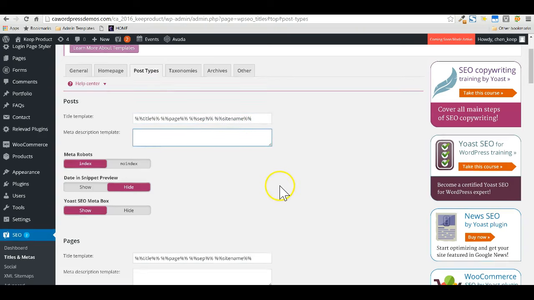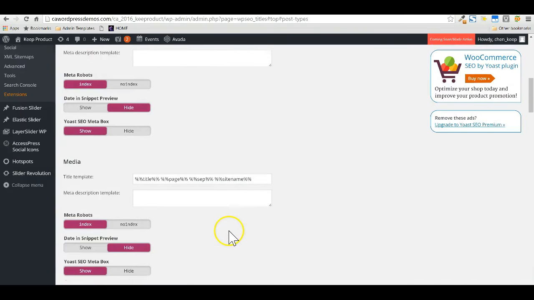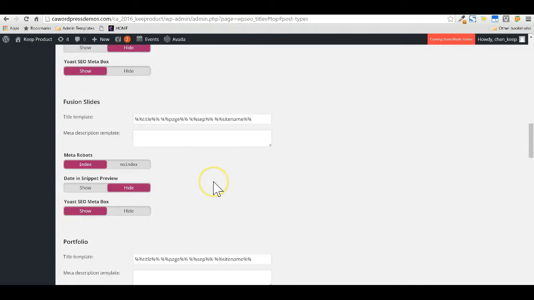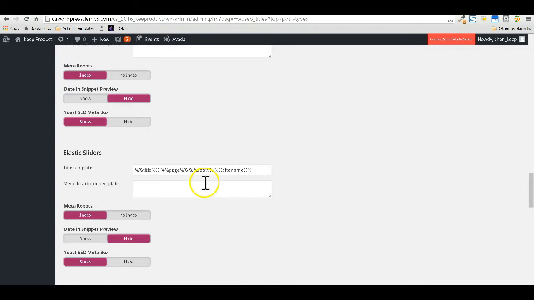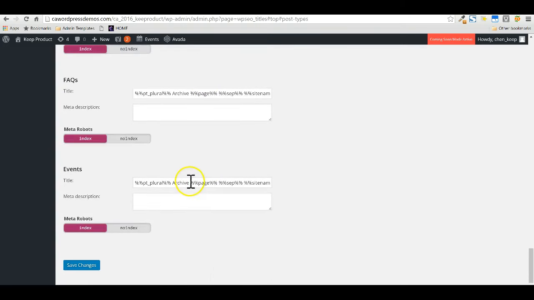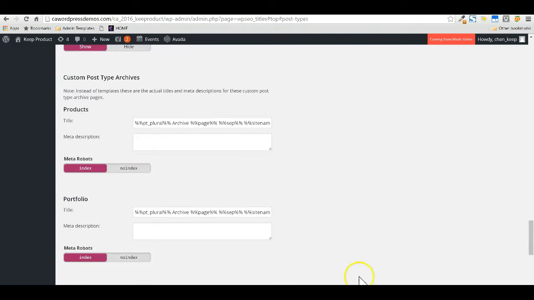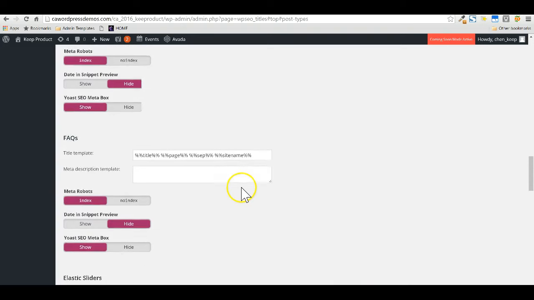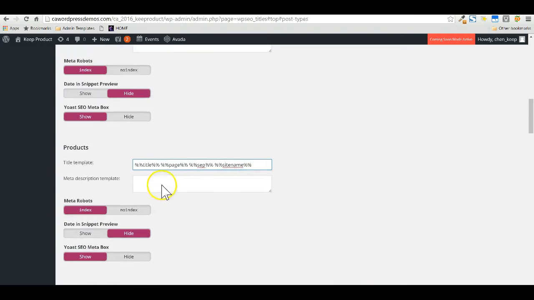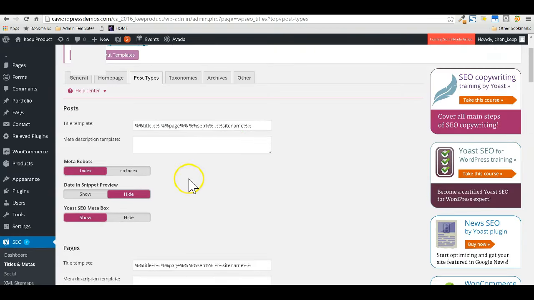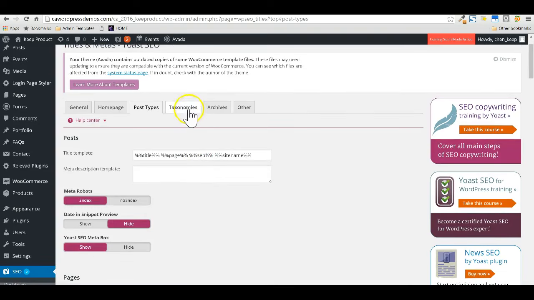This plays a very key role in all the SEO activity you do. So this says title, a page separator, and then the site name. This gives you all the options of how the structure has to be for all the different areas your website has, like the portfolios, you can enable, or you can just make it no index. For every different website, there will be different requirements. So you can choose the option which best suits you, and you can enable and disable it. Yoast has really done a good job with this. This really helps in making it very easy and user friendly.